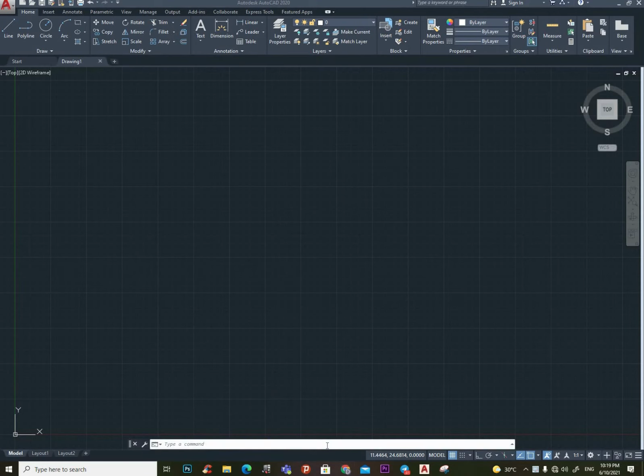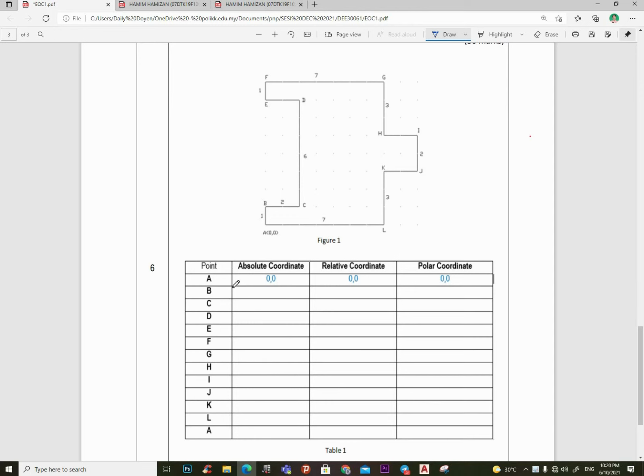In this video, you are going to learn about data input technique. There are three types of data input technique, which are absolute coordinates, relative coordinates, and polar coordinates. Before we move on,